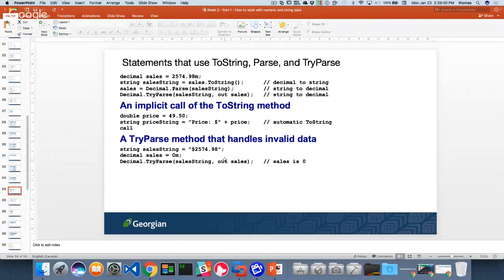Does anyone remember? Is there an out when it comes to Java? Does Java have an out? What does out mean? It's a reference type. So what I'm actually doing is I'm saying, hey, when I create this decimal sales, notice